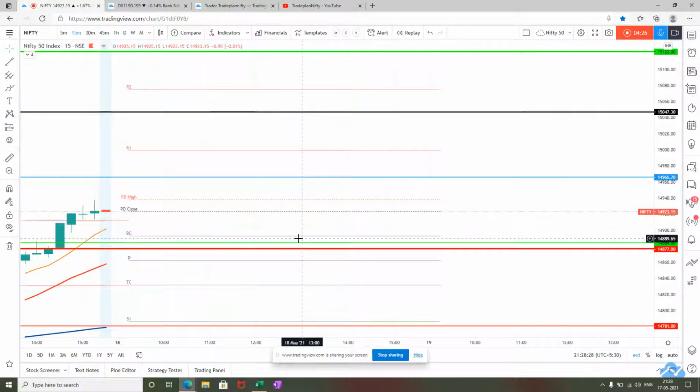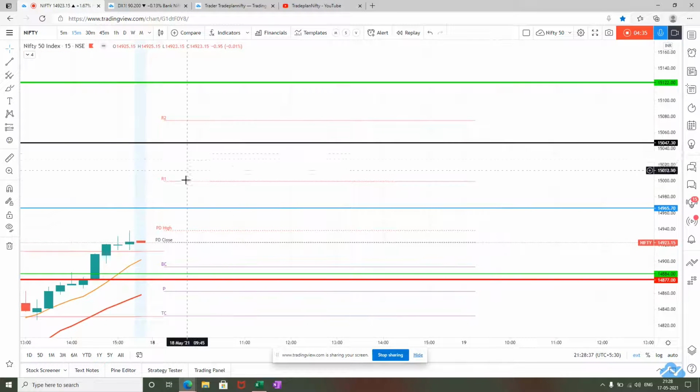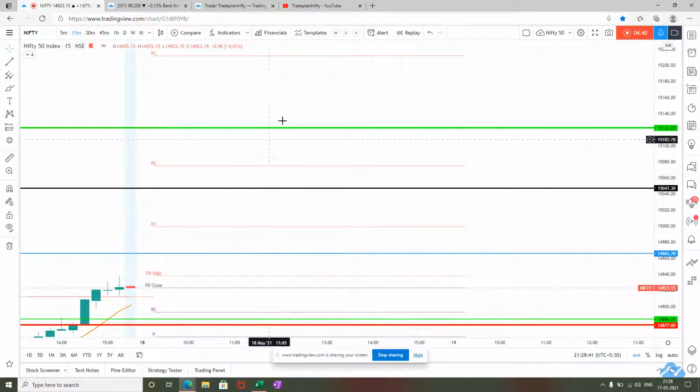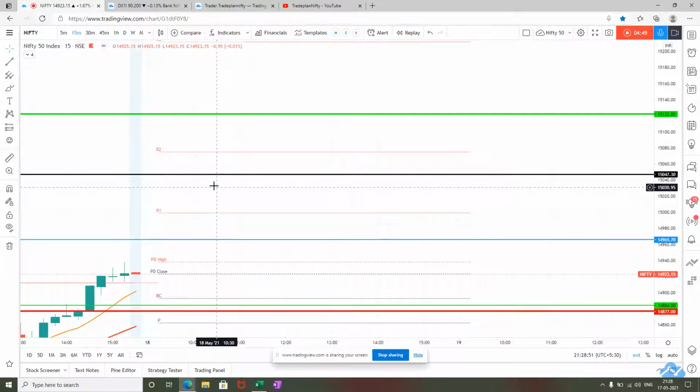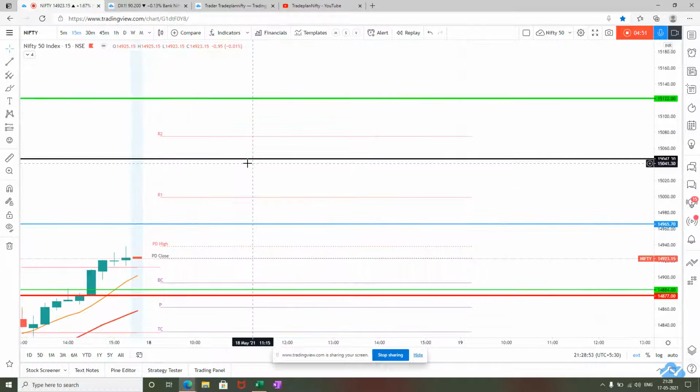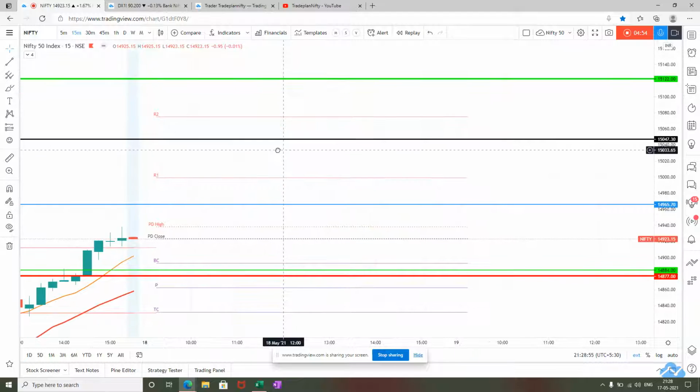And then the second trade, which is the official trade, is to buy on dip at the pivot, again for a target of R2. The third thing which could happen is the 15-minute breakout, where the market breaks 15050 and tries to touch 15122 tomorrow. So these are the three opportunities for a trade tomorrow. One is a 15-minute breakout on 15050. Second is a short at 15050, which looks much more probable. And then buy on dip at 14884.